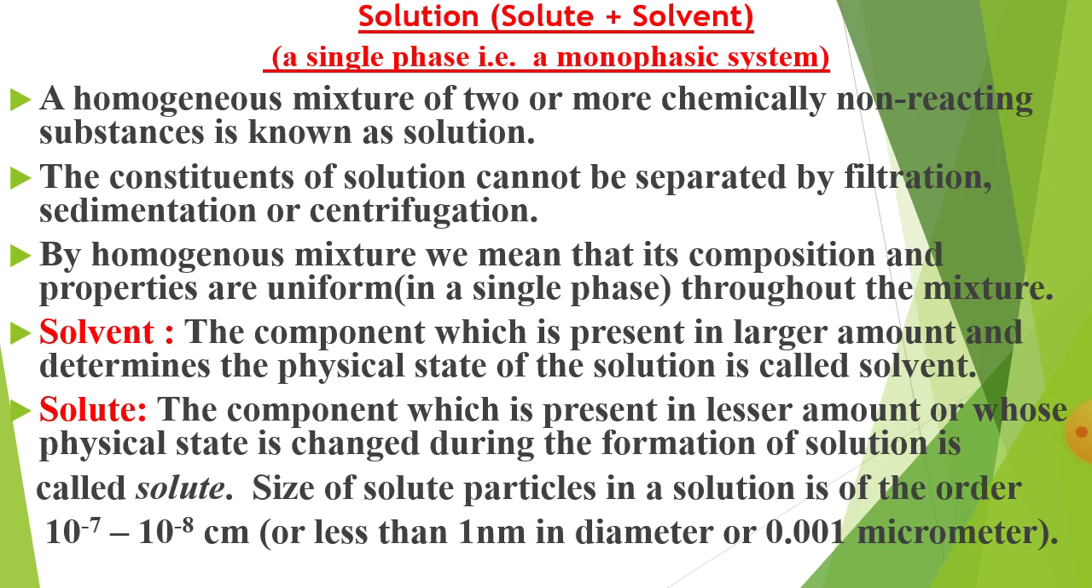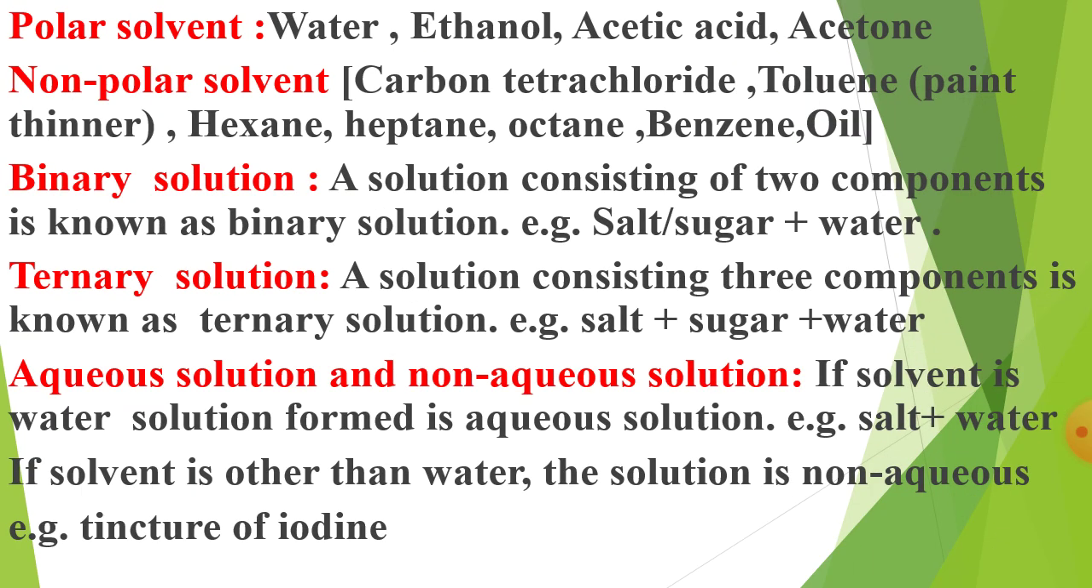Now some more common terms which are generally used in this chapter. So in this chapter I also want to explain polar solvent. Here, think about the chemical bonding, covalent bonding. Covalent bonding is of two types, polar and non-polar. So polar means